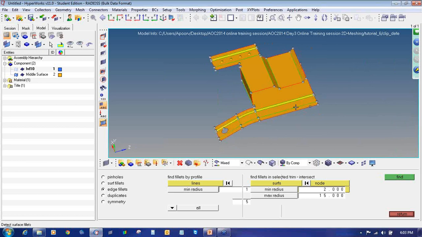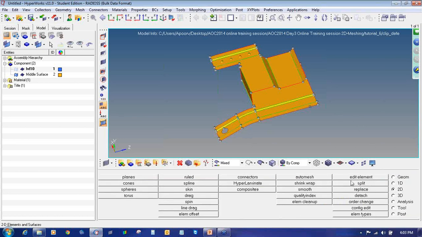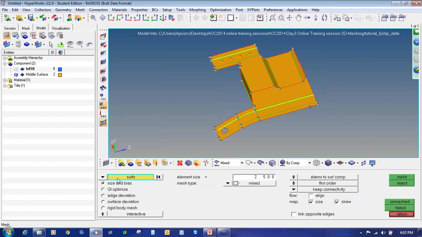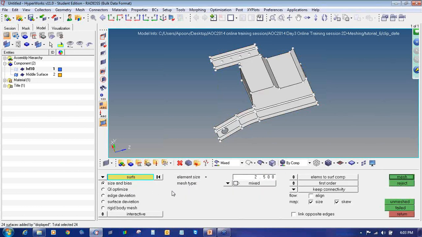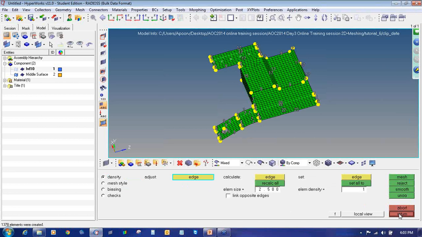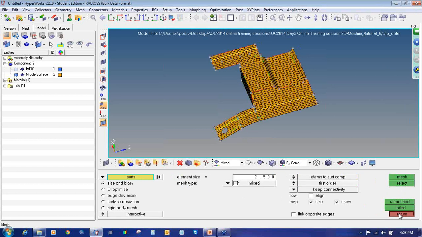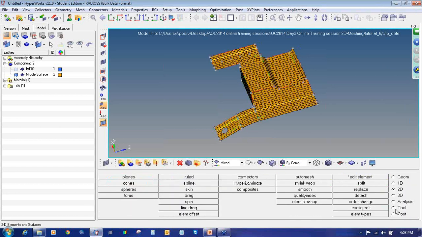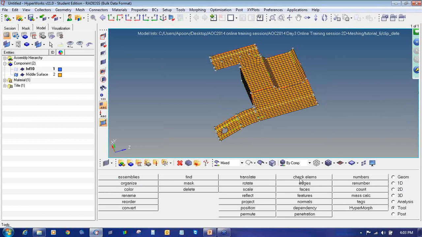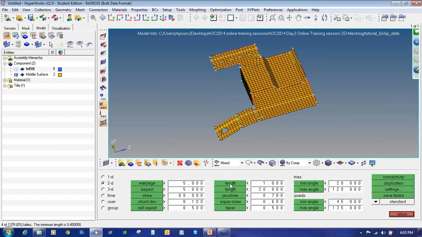And now lastly we will again do the meshing and check the element quality. Again go to 2D, auto mesh, surface displayed. Keeping all the parameters as they are, I will click on mesh, return. Again I will click on return. Go to tools, check elements and check the length.